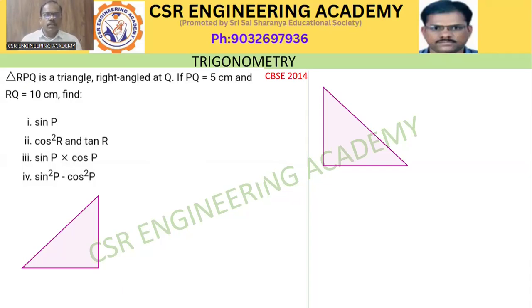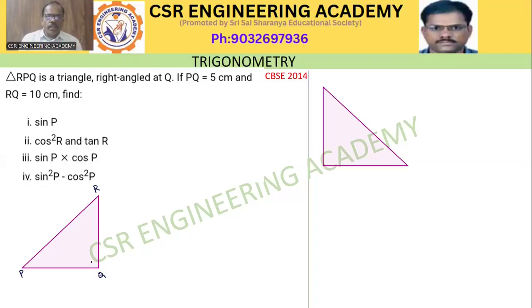RPQ is a triangle, right angle at Q. If PQ is equal to 5 centimeter and RQ is equal to 10 centimeter, find 1) sin P, 2) cos square R and tan R, 3) sin P into cos P, 4) sin square P minus cos square P. Triangle